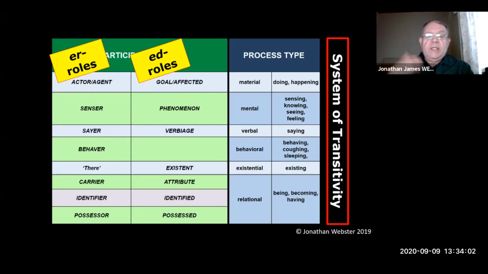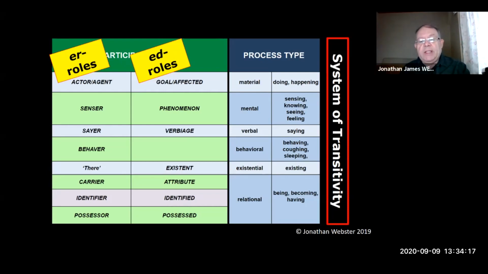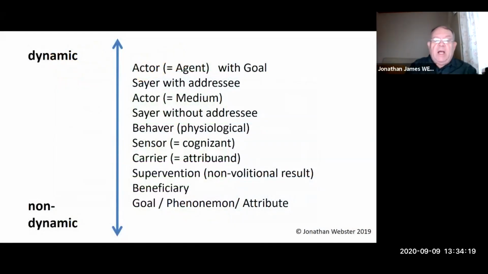What is, in a mental process, what is seen, the ED role. Now, in systemic functional linguistics, we call that the system of transitivity. Now, Hasan takes it another step forward. And what she is suggesting is that the processes